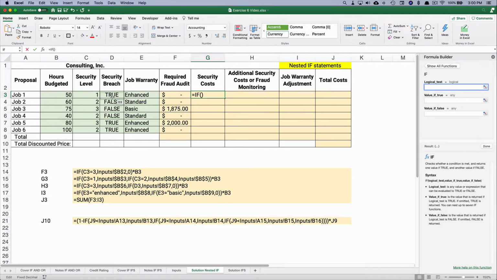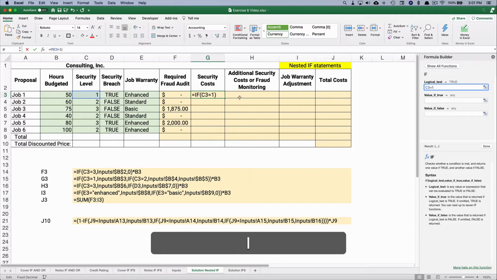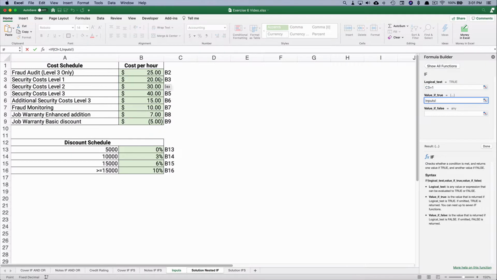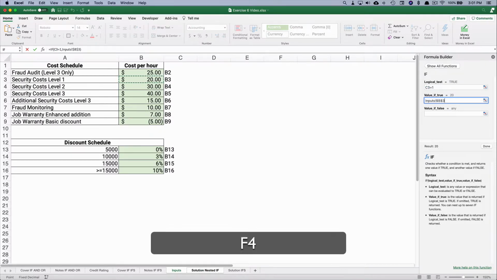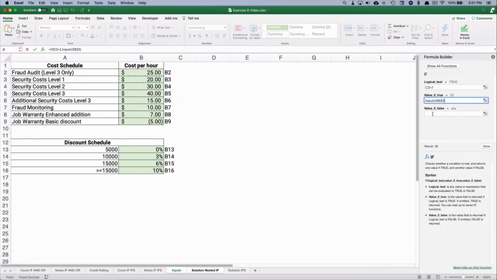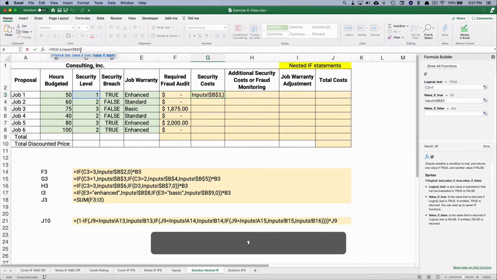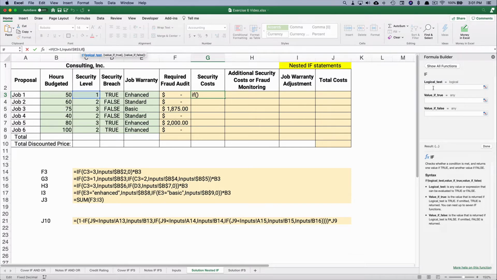The first if statement would be if that is equal to 1, then we're going to grab the $20 and make that absolute. It needs to be an absolute address. Now, for the false condition, we're going to do another if statement. So this is the nested if. So if, start our parentheses, and now we have a brand new logical test. This is the second if. So we'll say if